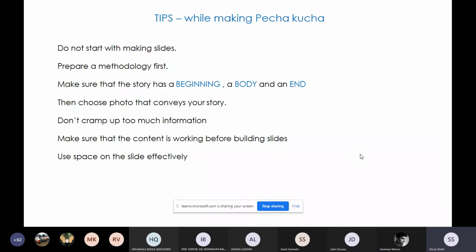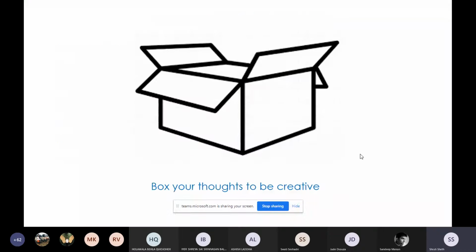Then you use the space on the slide very, very effectively. Okay, yes, we have told you not to put too much text, then you do not even put too many images as well. Appropriate images. So yes, this is like boxing your thoughts into the number of slides and the time you can speak. This is important, so that when you box your thoughts, you tend to be more creative, you tend to be more appropriate. Okay, so we have chosen this format for your presentations for the next few classes.